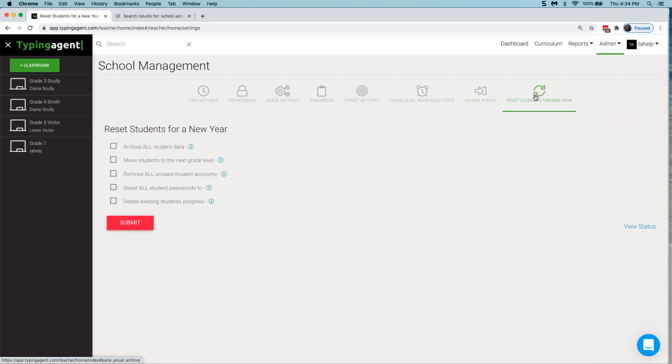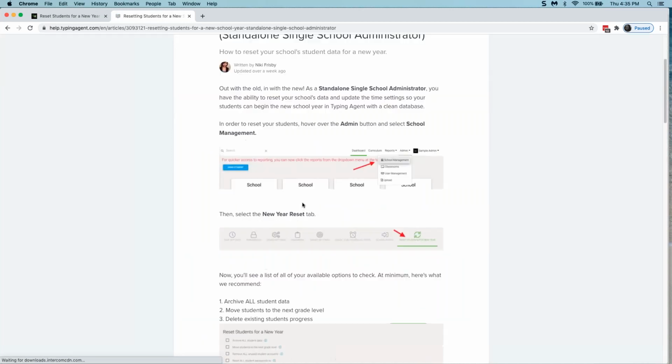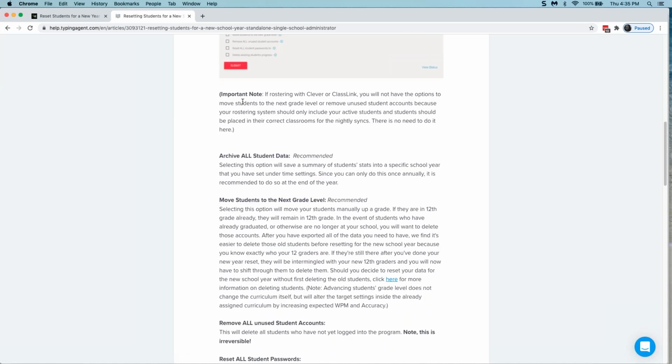And with a school reset, this is really, really important for those of you who are coming back to Typing Agent. You need to make sure you reset your students because your students are going to move up a grade level, or they should be moving up a grade level, and you want them to start with new goals. So there's a support article there called create a standalone resetting students, and we detail exactly what you have to do in this